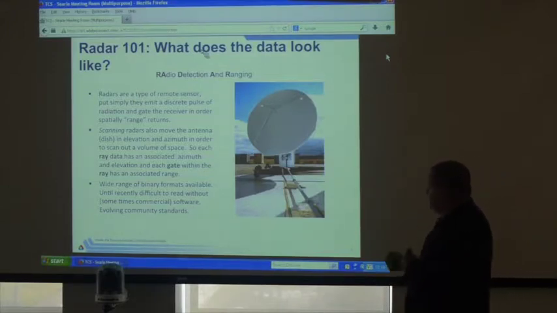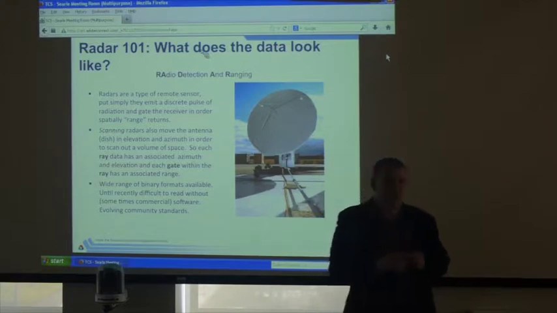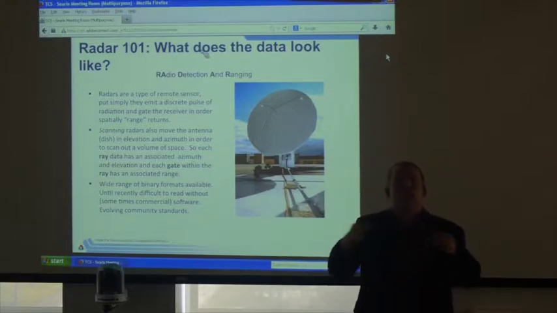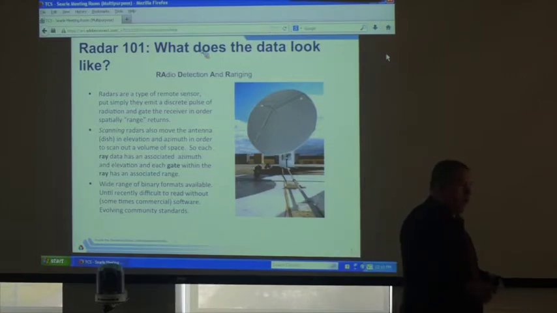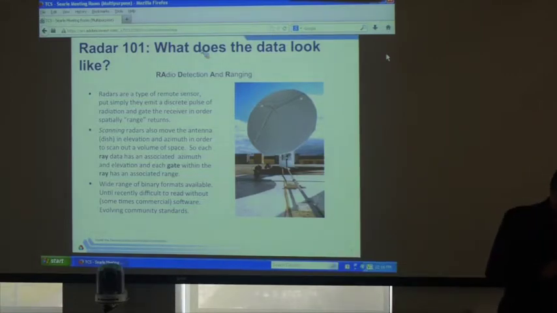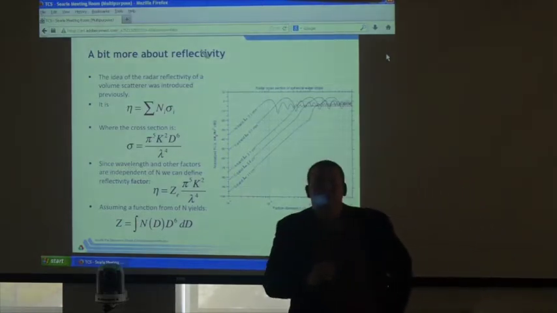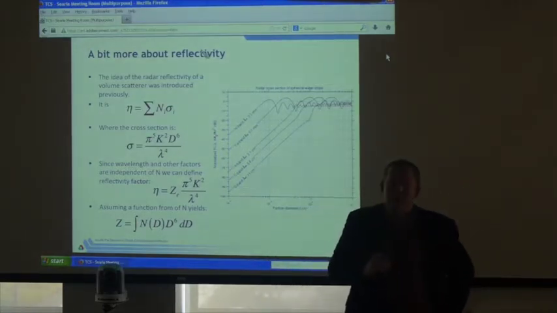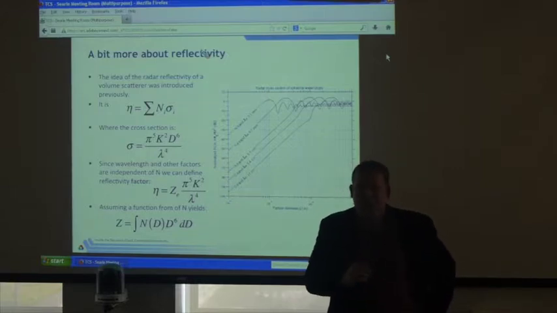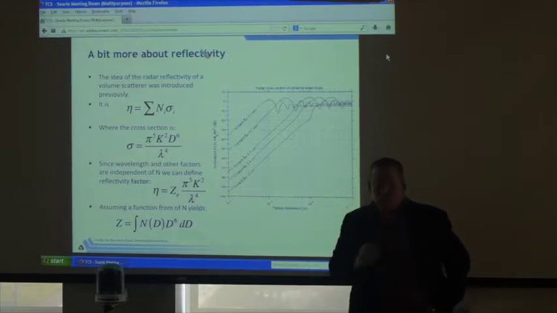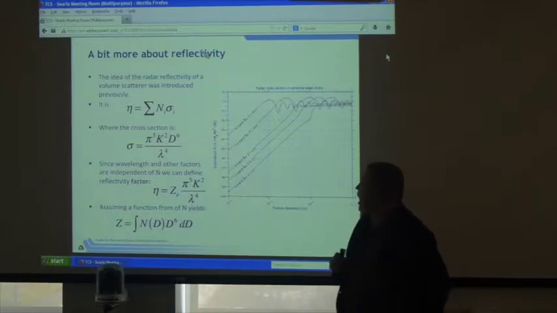So we use distributed scatterers here. Instead of a plane, it is a cloud of raindrops or a cloud of cloud droplets or ice particles, and as I'll get to later, all kinds of other things. One of the primary things we measure is reflectivity. It literally means how reflective is something. If I send 250 kilowatts of radiation at it, how much of that radiation gets scattered back?